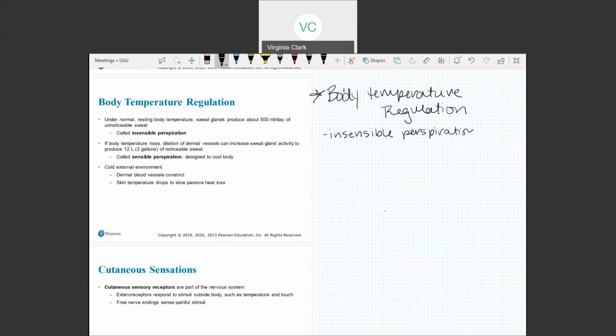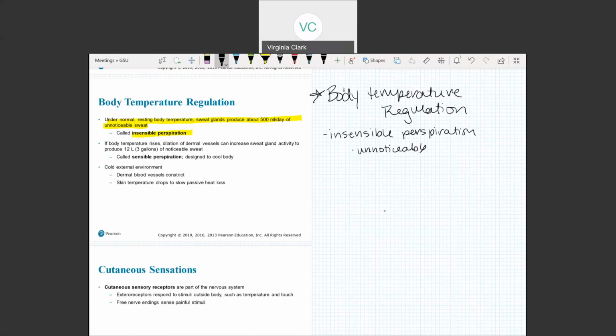Insensible perspiration is going to be normal sweat glands where you are producing unnoticeable sweat. So this is going to be a type of sweat that is called insensible perspiration. You're not aware of it, so it's unnoticeable, and it is just going to be